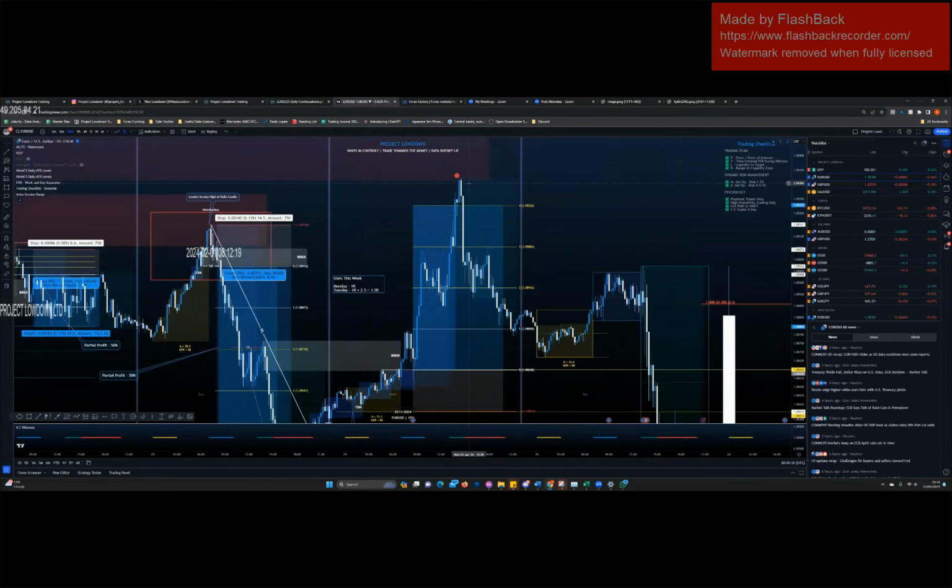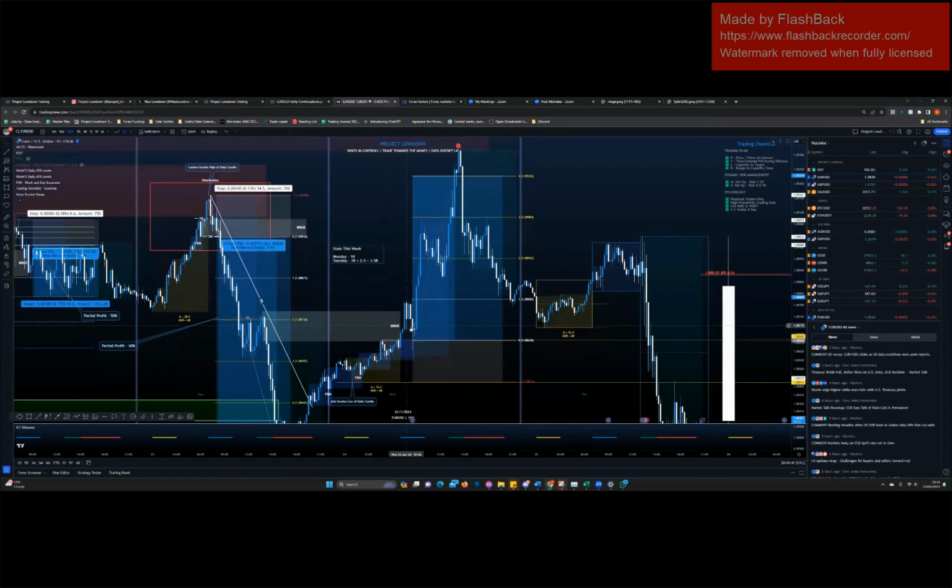But we're not going to look for a short here. Like I said, that's hindsight bullshit. I wouldn't, even though this is in the kill zone, we'll address it anyway. But for now, like I said, we're in the session. We went long. We're expecting a bullish day based on statistics.